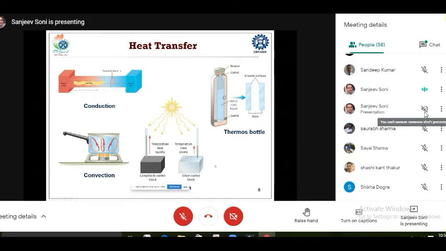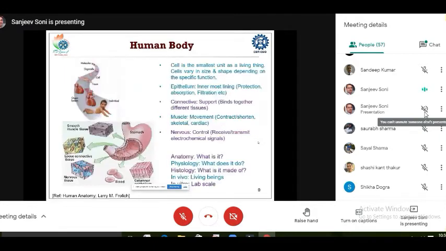For example, in the case of a temple, if you visit, then obviously you feel the black tiles are very much heated as compared to the white tiles. And all these phenomena can be present individually, or they can be present in a combined form. For example, nowadays in winter we use thermos bottles. So all these three phenomena can occur together, and we need to deal with this.